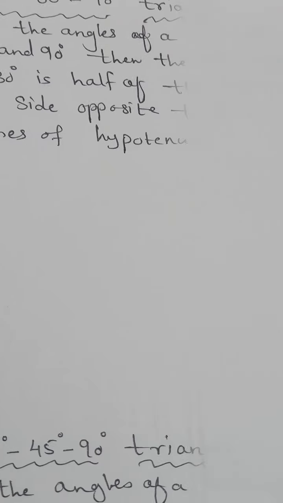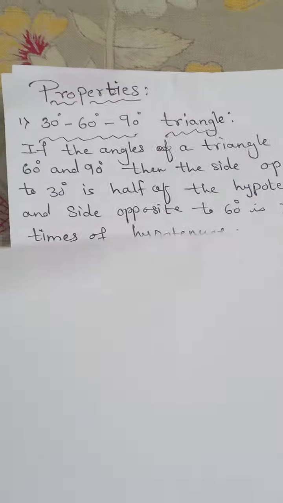So before starting with the actual practice set, that is 2.1, first of all we'll see some of the properties and some of the theorems which are very important. Then we will start the practice set. So first of all, I will explain to you the two properties. So here we have taken two properties.